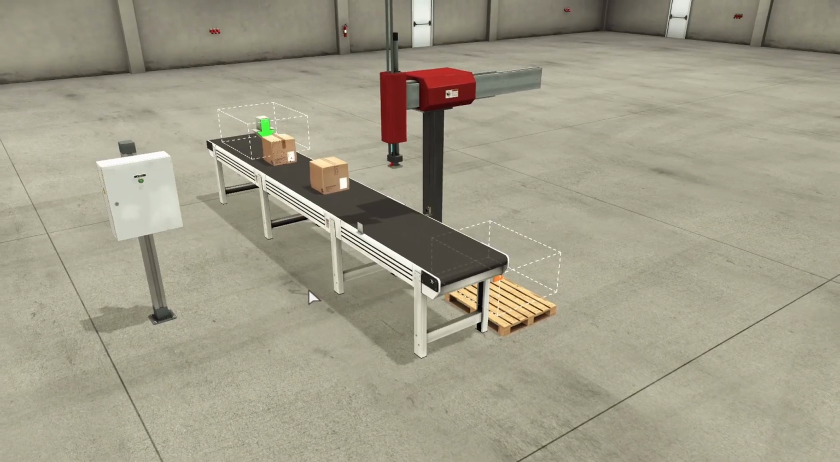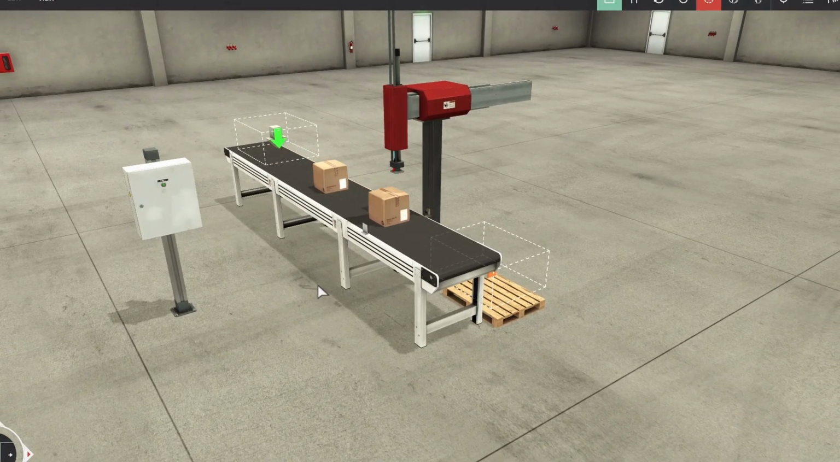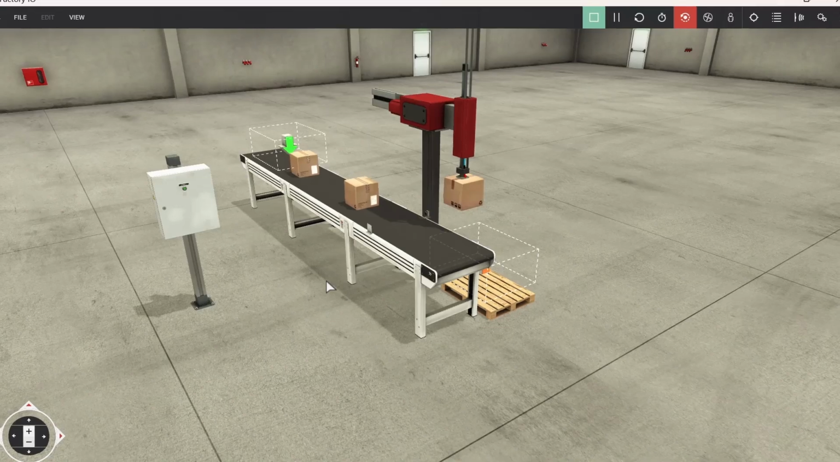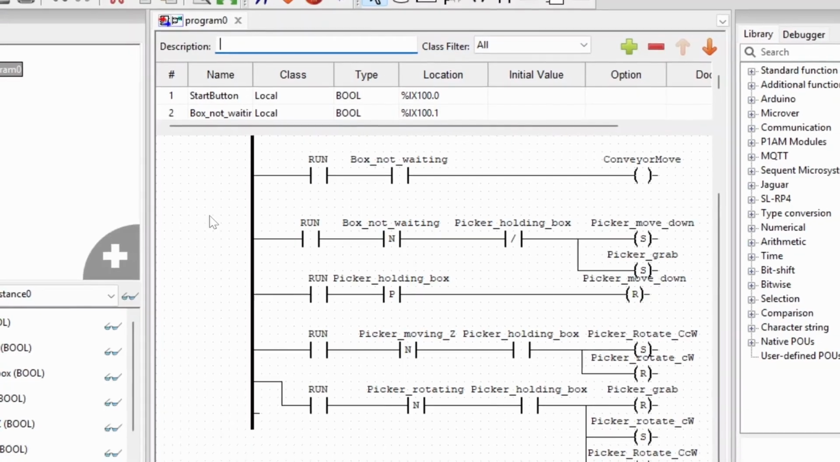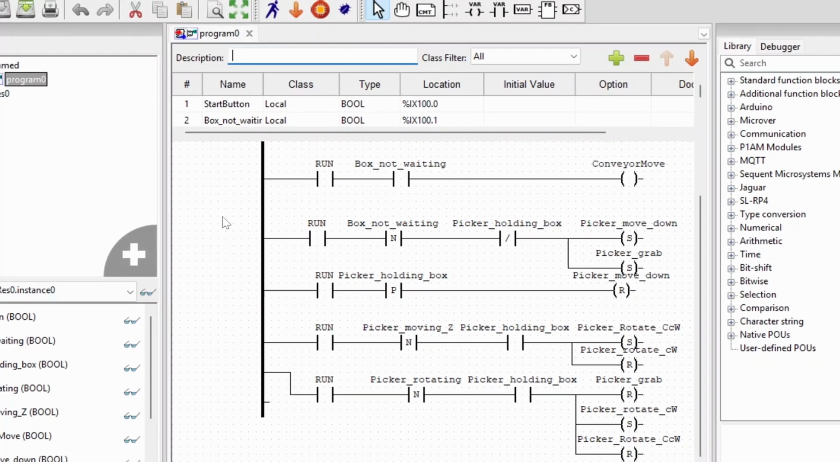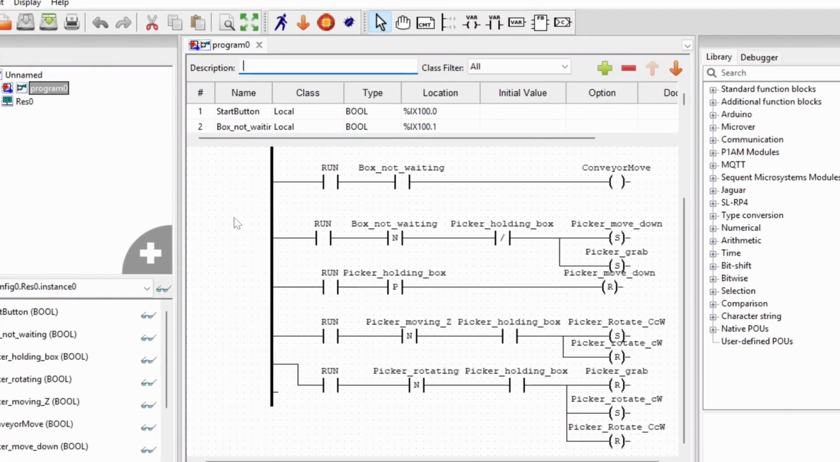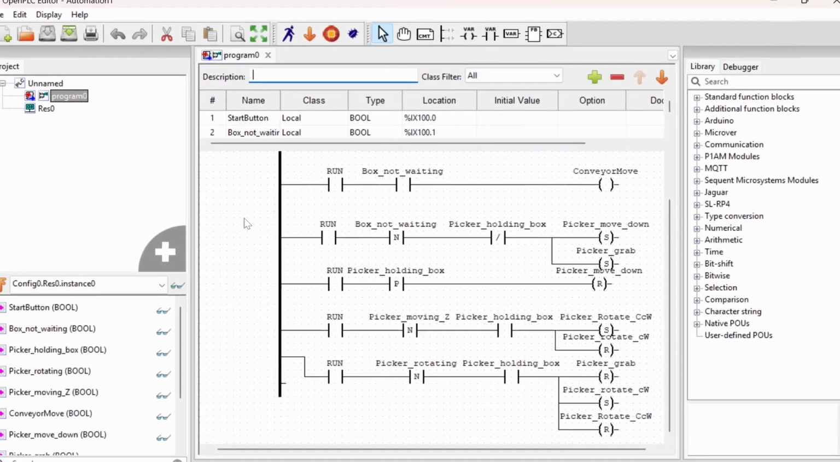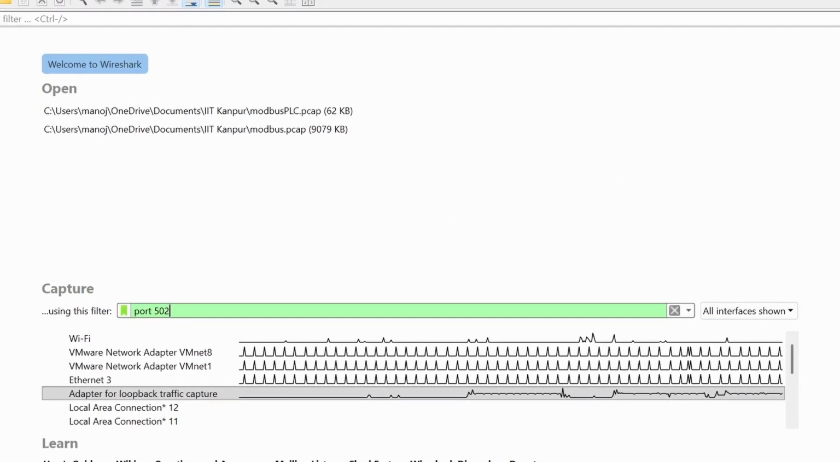I'm uploading this video after a very long time, and this video is slightly different from the theme of my previous videos. Here I'll show you a simulation of an industrial automation process, where I'll show a PLC program that is controlling that process. Also the communication between this physical process and the PLC, which is happening through Modbus TCP